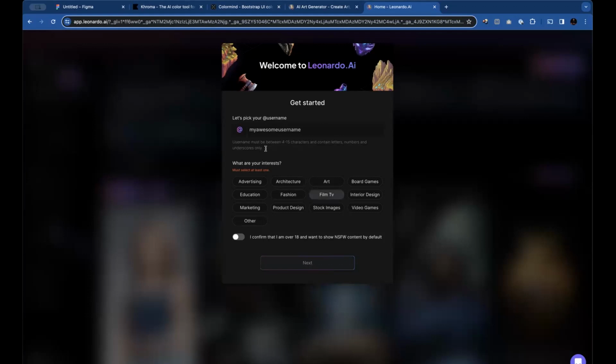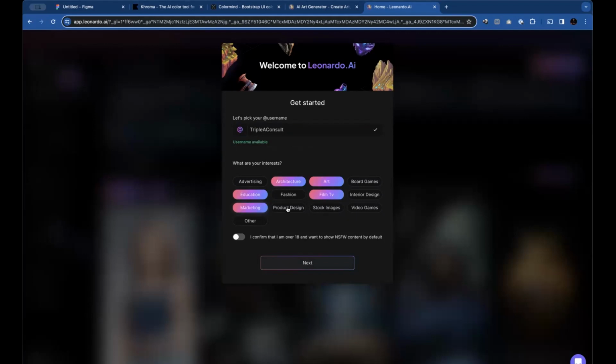So you get this splash screen, like a welcome screen where you put your name and all. Give yourself a username, that's all. Then what are you interested in? Depending on your industry and the type of things you want to do, I'm going to select quite a few.